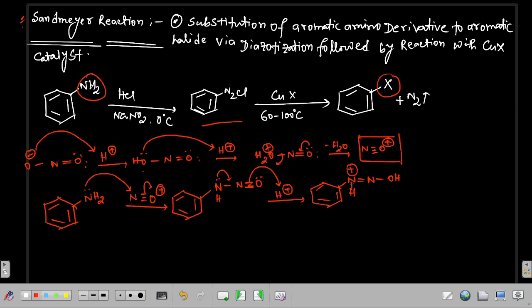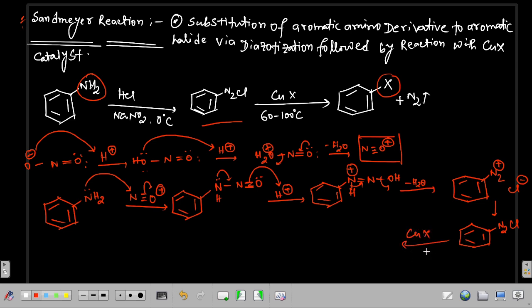Next, after this, this bond will break and this bond will break and it leads to the removal of the H2O and it leads to the formation of the diazobenzene. In the system we have HCl, that's why it combines to form this diazonium chloride, N2+ Cl minus. So from here,